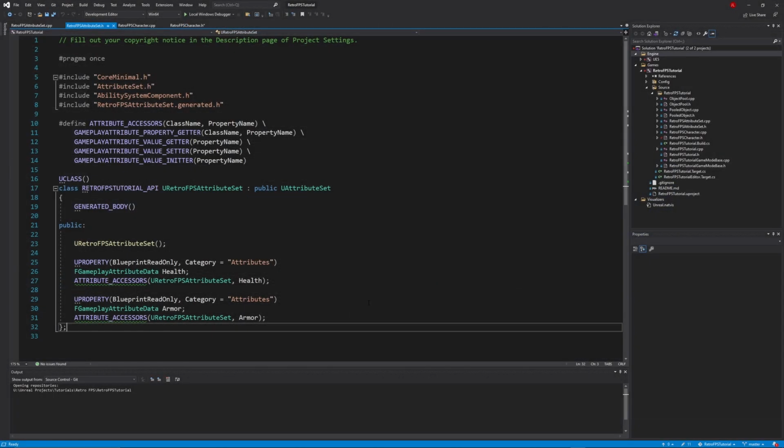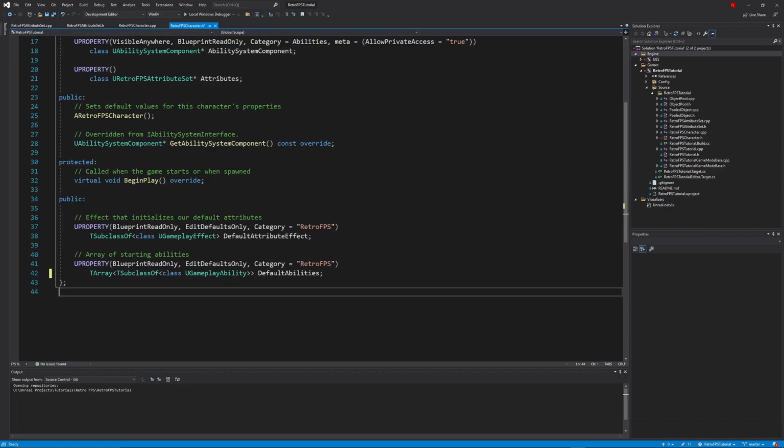If you recall, in our last video, we made this attribute set, and we had a couple of attributes for each of our characters in our game, one for health and one for armor. And then also, if you recall, we created this default ability or default attribute effect variable, both of these. And the default attribute effect was the thing that we were using as a way to give a character an attribute at the beginning of the game. So why don't we define that for our player and for our enemy